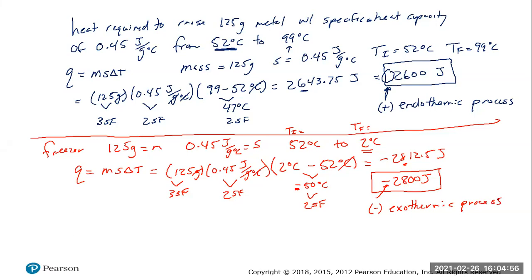So what you see here with the specific heat equation is, again, even if you put that piece of metal into the freezer, it's still obviously going to remain solid. And the part of it that actually affects whether it's going to be an endothermic process, which absorbs heat and energy, or an exothermic process is really that change in temperature. So if you increase the temperature of a substance, the only way to really do that is for the substance to gain energy. And if you decrease the temperature of a substance, the only way for a substance to do that is to release energy, which would be exothermic.